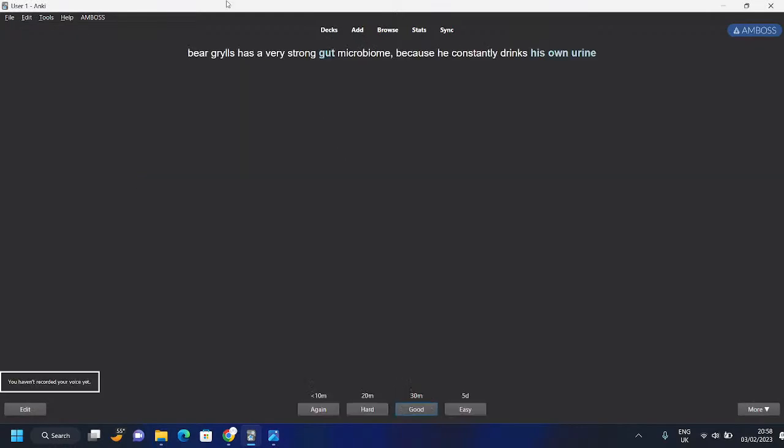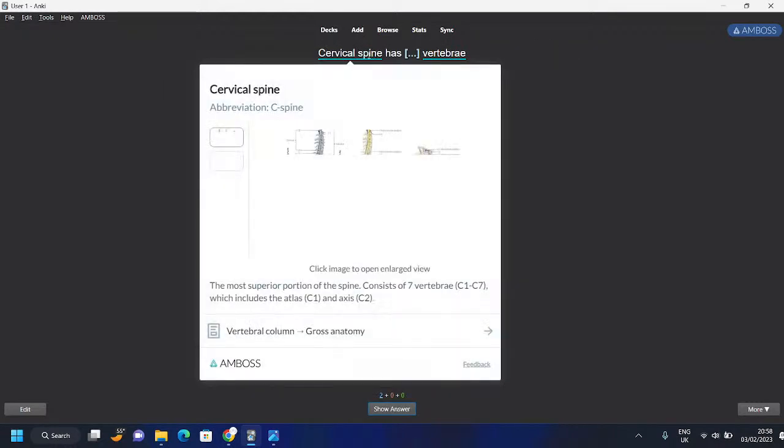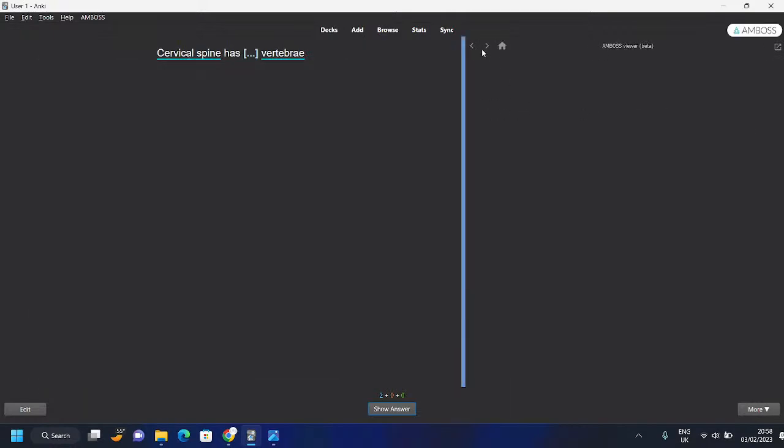Skip these. So this is a very short sentence. I can read it very quickly and I can get through it. This one also, it's a very short sentence, and as you can see, the Amboss add-on is working. It's showing me